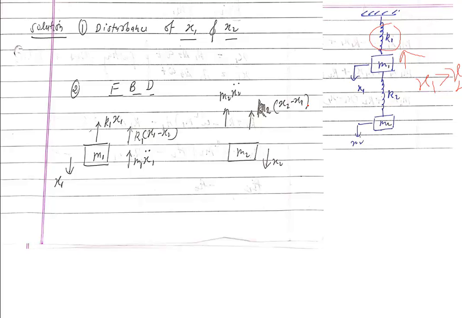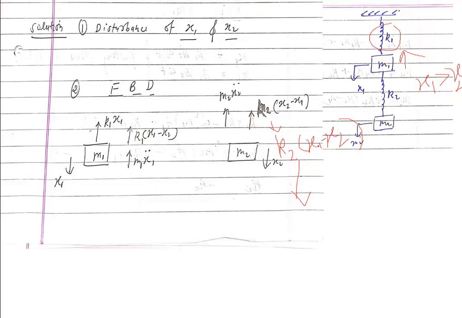Okay, now we can see this is k2 x2 minus x1. Can we write this as k2 x1 minus x2? Okay, x1 minus x2, but it will be downward. Why is it downward? We can write this also, and we can write this also. If we are going downward, this will be x1 minus x2, and if we write x2 minus x1, that will be the upward direction.